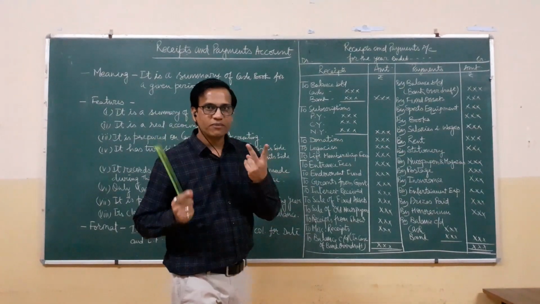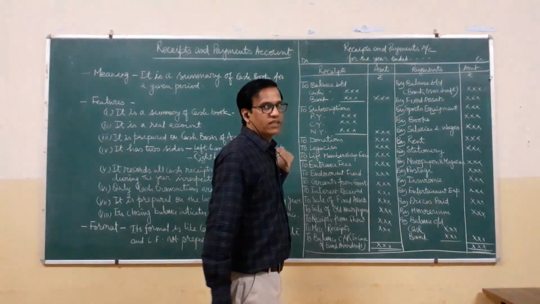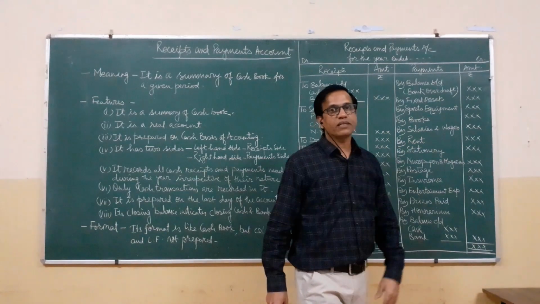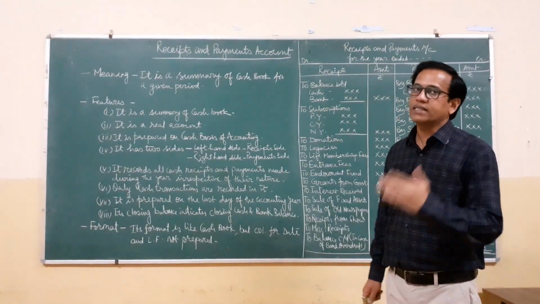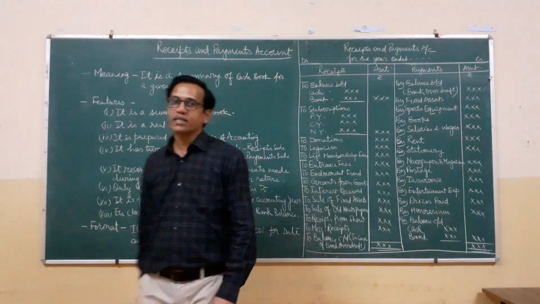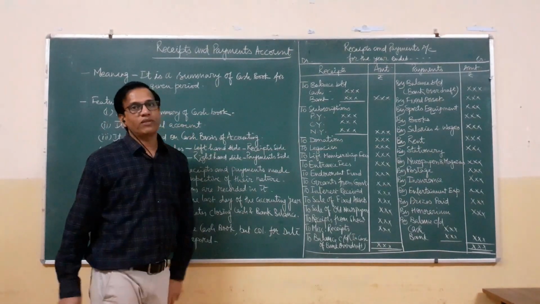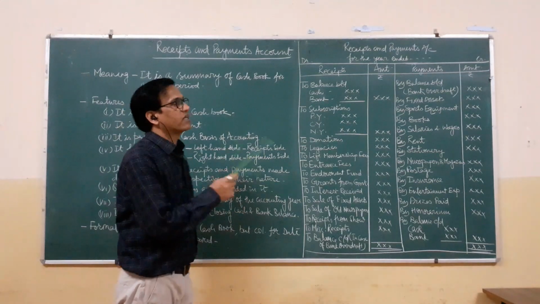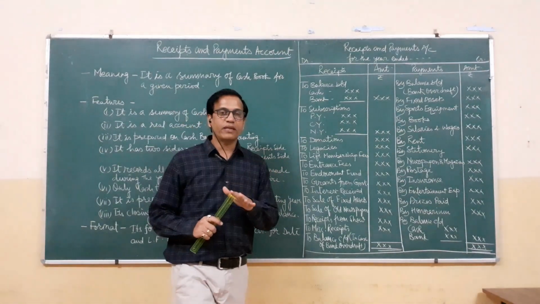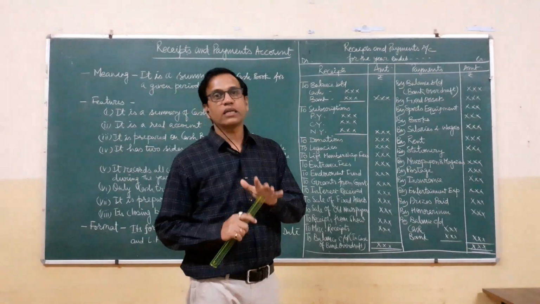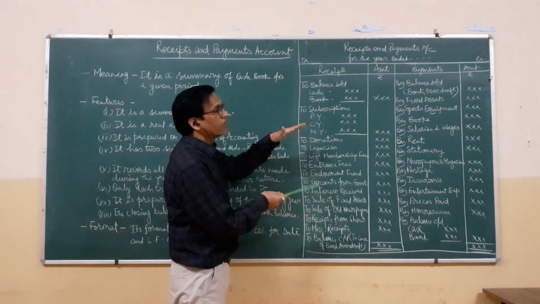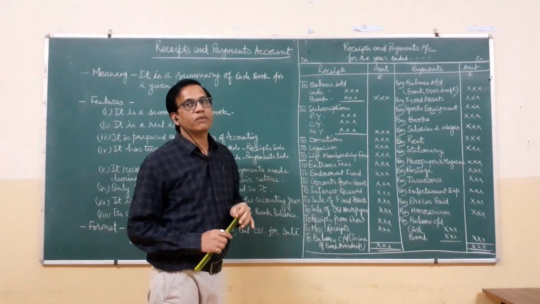Cash book has two sides. The left hand side we call as debit side, and all the cash receipts are recorded there, and on the credit side we record all the cash payments. The same thing we will do here in this receipts and payments account. The big difference between the two statements, that is the cash book and this receipts and payments account, is that cash book is prepared in the chronological order. That means it is prepared date wise, whereas this receipts and payments account is a financial statement, so it is